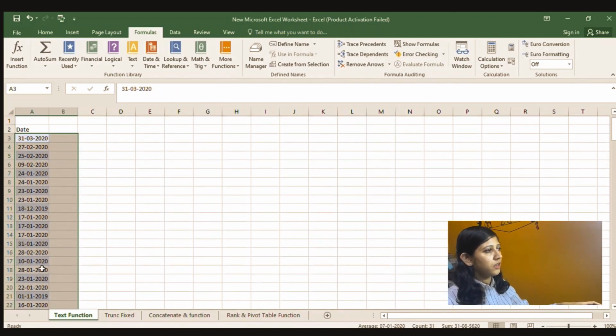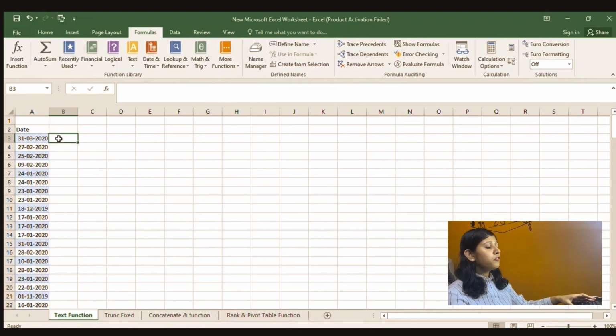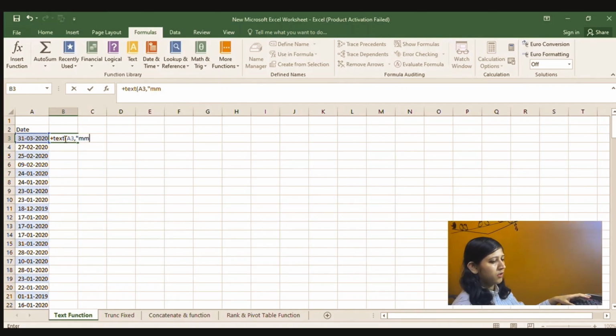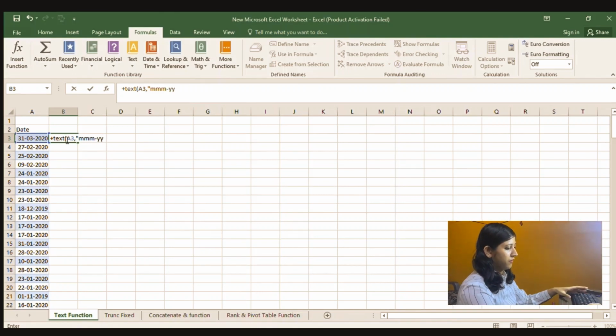There are multiple dates written here in the format DD, MM, YY. For us to use any function like SUMIF, there should be a standard format. This data should be available by month. So the formula to convert this type of data is the text function. Now select A3, which has the date, and then type a comma. In the format_text option, write in double quotes MMM-YY.